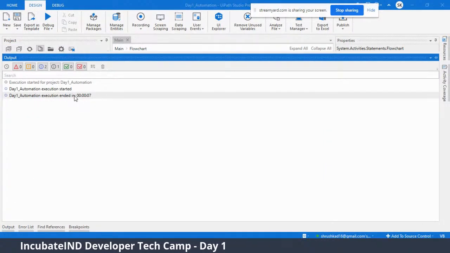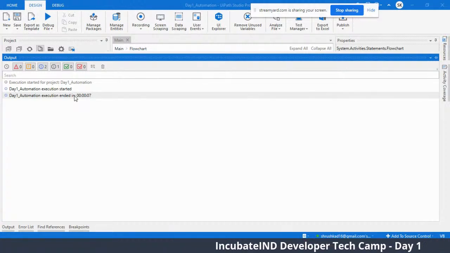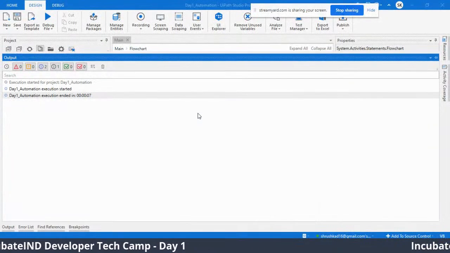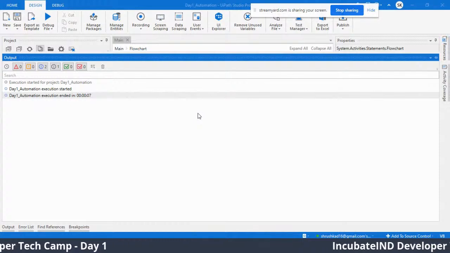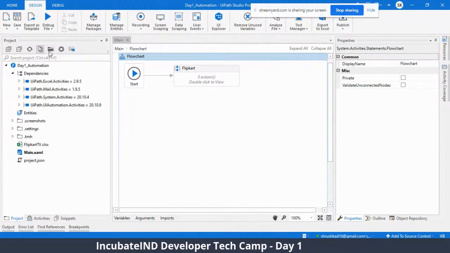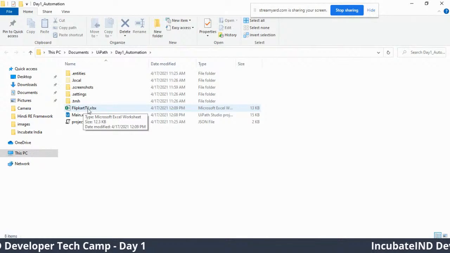So jaw-dropping speed, it took only 7 seconds. Isn't it unbelievable? It took only 7 seconds to execute this, and it has also closed the browser. I know, before you even catch it, it has already completed the execution. Look at this. And let's minimize this, refresh the project folder structure, go to the project folder, and here you have your Excel available, which says